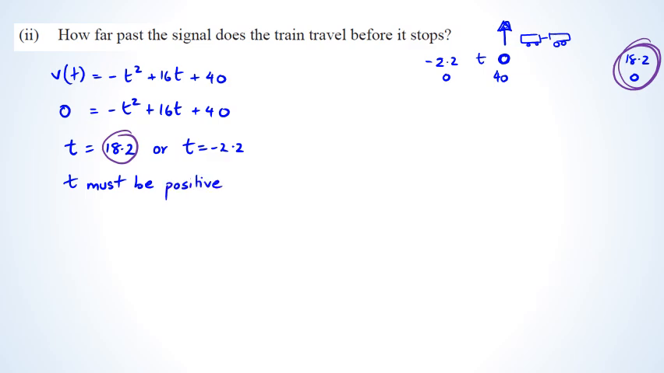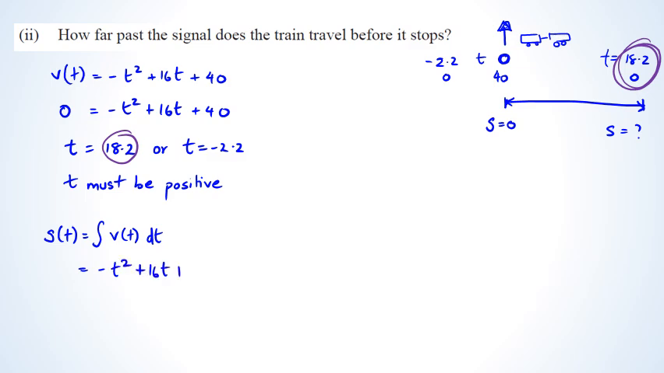Okay, but just be careful. Sometimes it's good to visualize these kinds of questions just to see how you can answer them. What we are trying to figure out is the distance between here and here. When t equals 0, I can put s is equal to 0. When t equals 18.2, I want to know what s is. To figure out s, I know that it's the integral of the velocity function. The velocity function was negative t squared plus 16t plus 40, dt, and that's the integral of it,